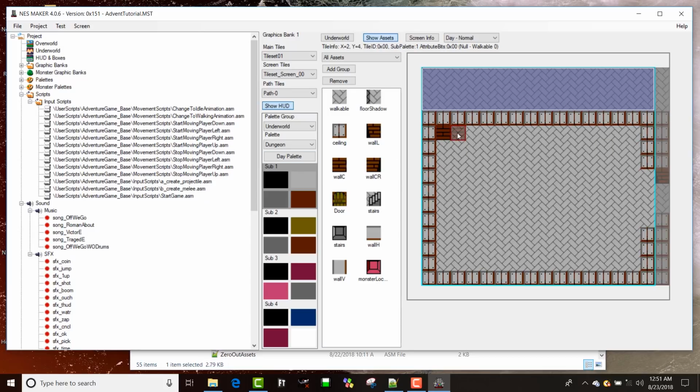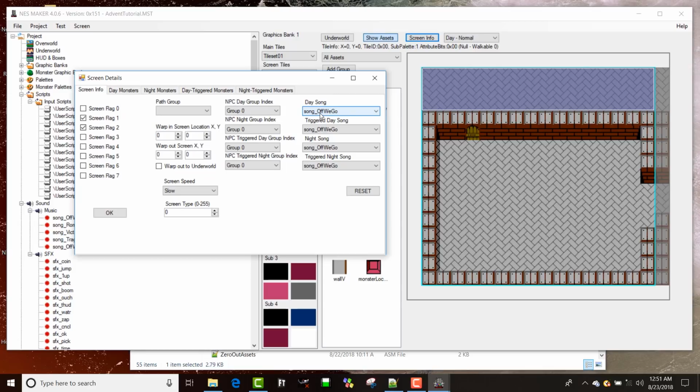So I'm going to go ahead and put walls across here, this guy here and here, this guy here, the shadow down the wall, make it look good. Right in the middle of this wall though, I'm going to put a door. This is a locked door, so I will need a key to enter it. And again, I could set up triggers in this room with monsters or not. I do want to set up